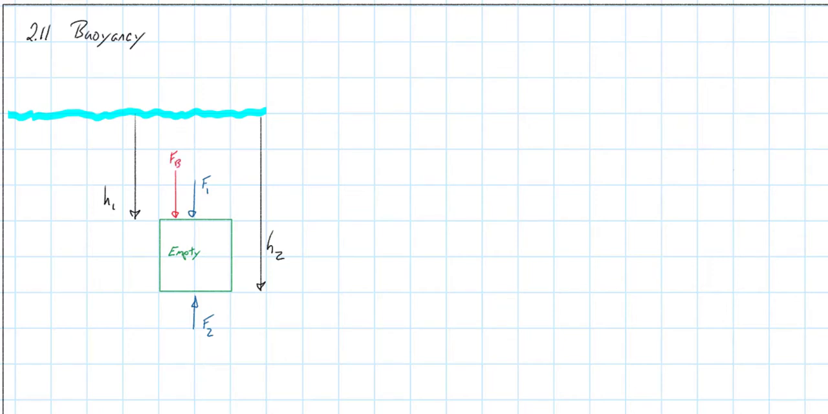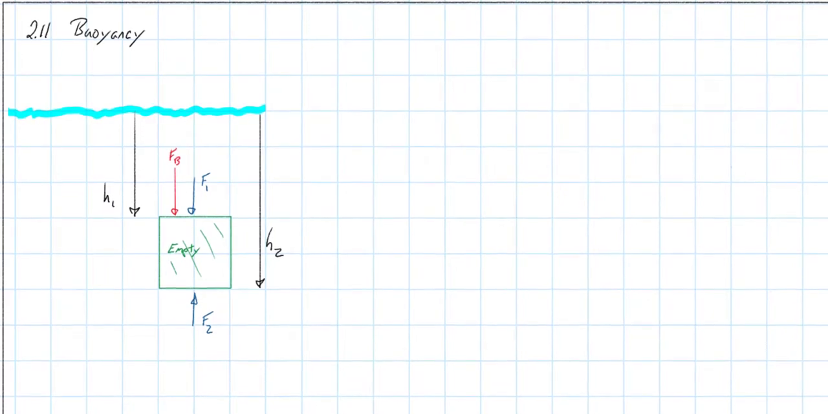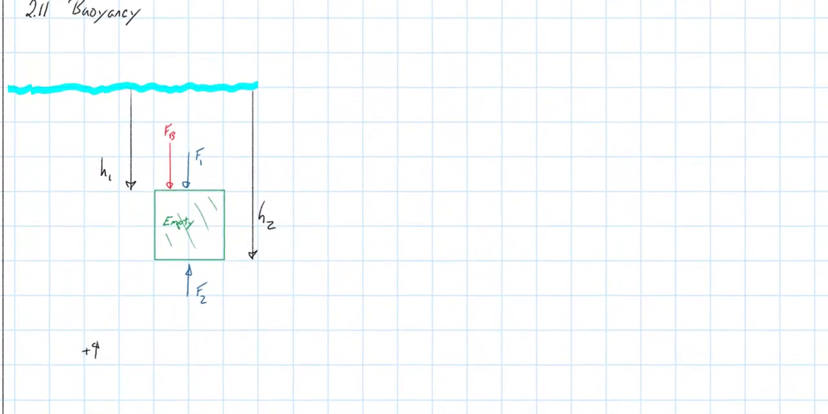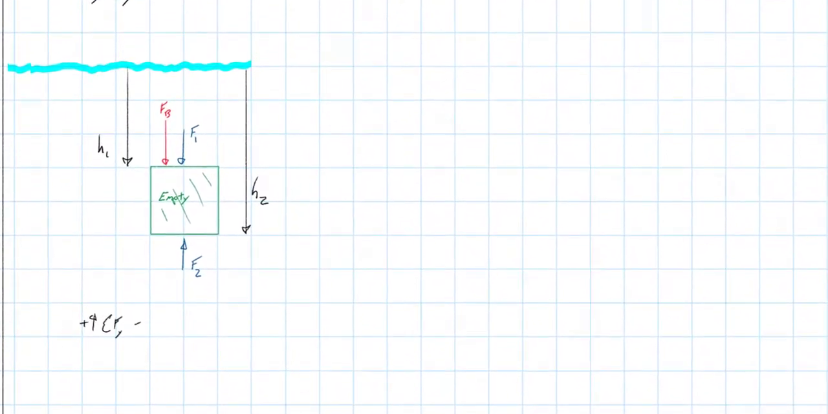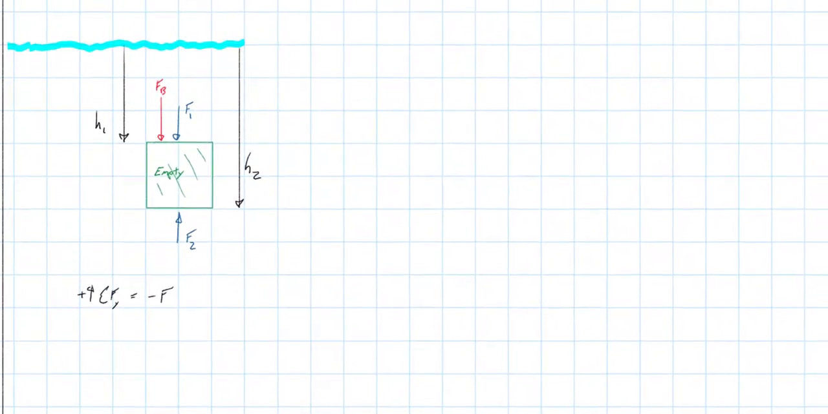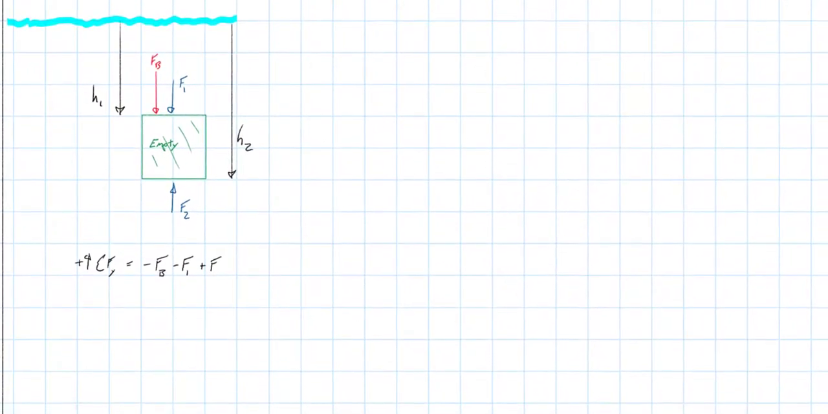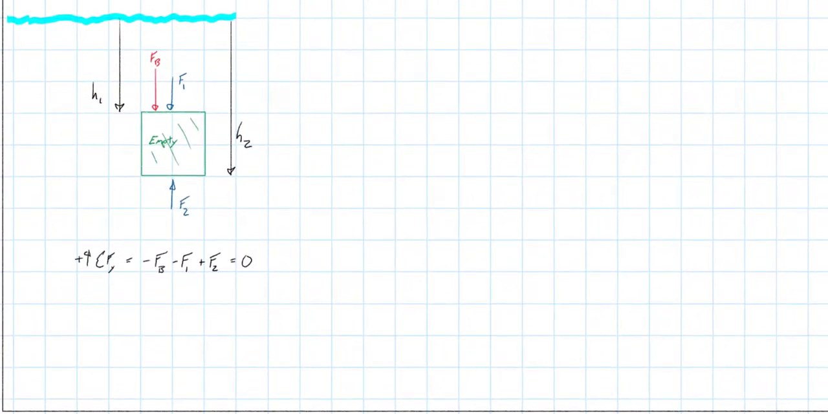All right, and then the key thing, of course, is that this volume here is empty, and it doesn't weigh anything. So now when I do my sum of the forces in the y direction, we have minus FB minus F1 plus F2, and all of that equals 0. So now we go ahead and solve for FB. So FB is going to equal F2 minus F1, and then we're saying that it's hydrostatics, so the force is